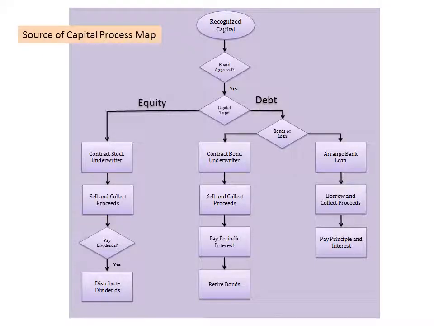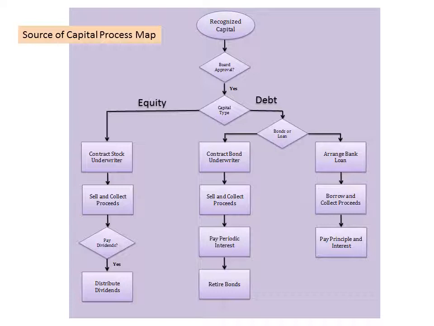Para mas malinaw, ay meron tayong source of capital process map. So, 'di ba? The top management first will recognize if they have the need for capital. Tapos, kapag meron, syempre, kailangan muna nila yung ipa-approve sa board. And kapag na-approve na, kailangan nilang i-identify kung anong type ito ng capital. Na kung saan may dalawang tayong uri, ang long-term equity and long-term debt. Dito muna tayo sa long-term equity.